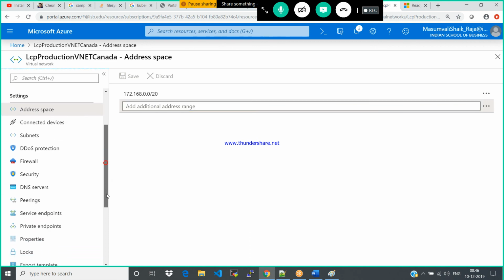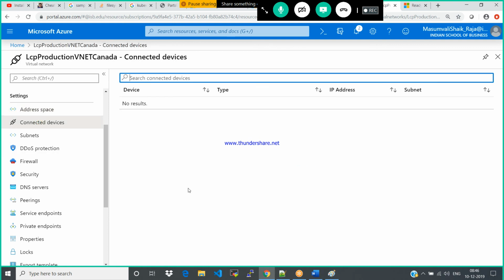Okay, so this is how we can create the virtual network. And going forward, you can see all these services one by one: peering, service endpoint, private endpoint. So all this will get into that. Clear so far? How to create the VNet. So now I can deploy my virtual machines into this VNet. How do you provide the secure connection? I mean to say, I would like to create secure connectivity. For that, you must have a VPN gateway.